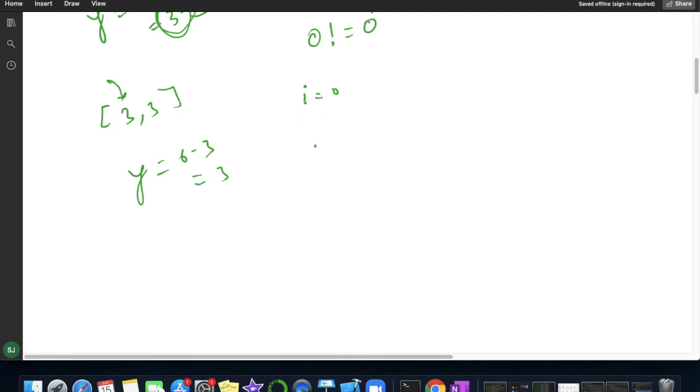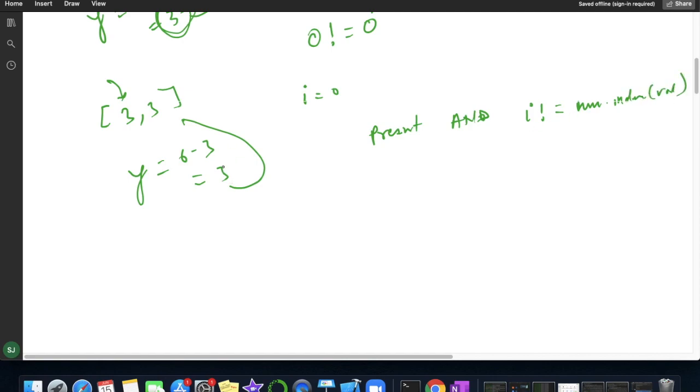Now we were checking the condition: if present, and at the same time the current index should not equal nums.index of that value.